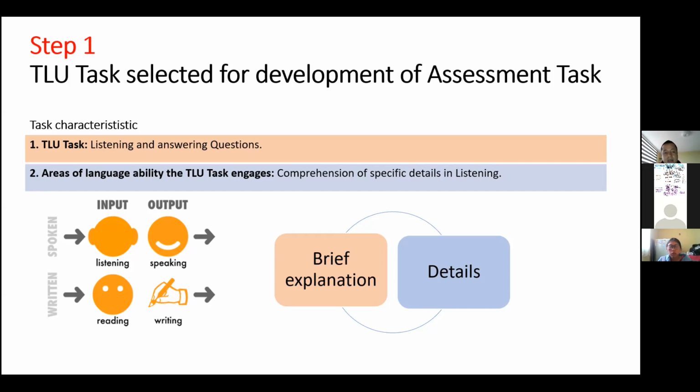But in this example, we are going to use listening and answering questions. The second step is areas of language ability the target language use task engages. So we have comprehension of specific details in listening. As you can see in this section, there is a brief explanation